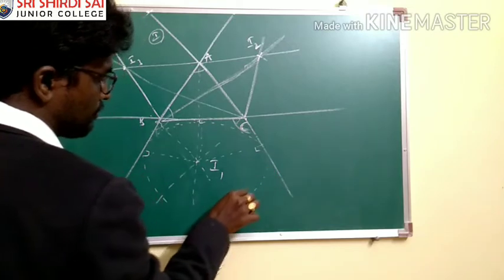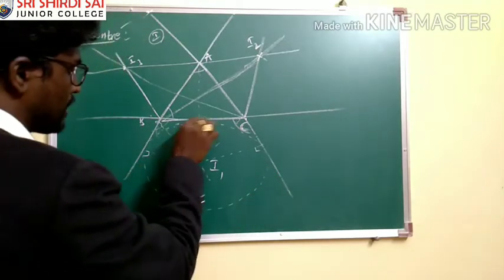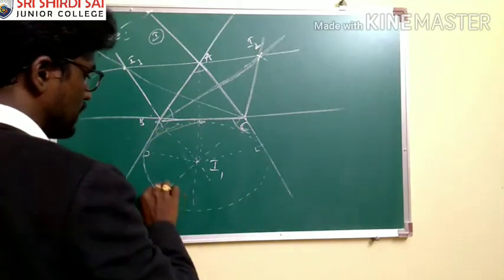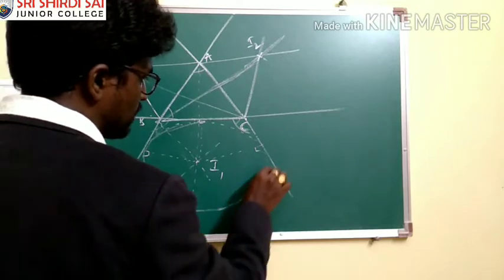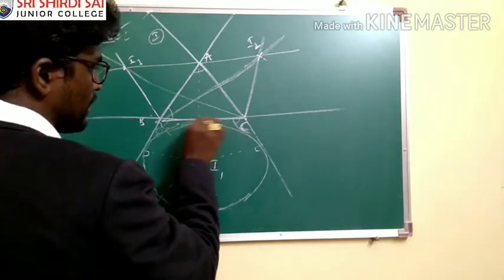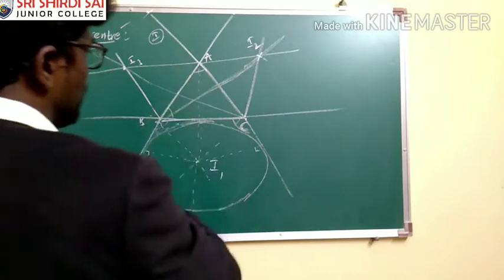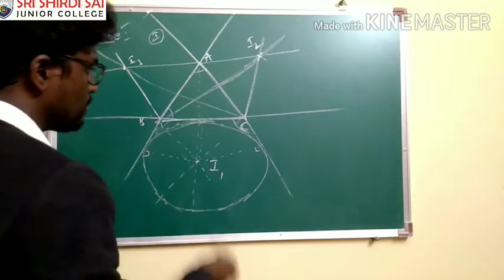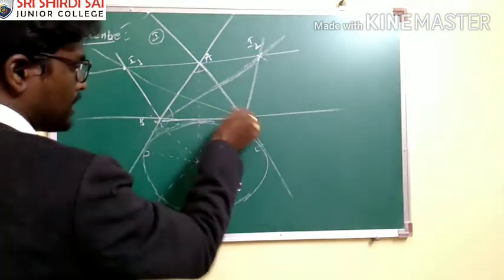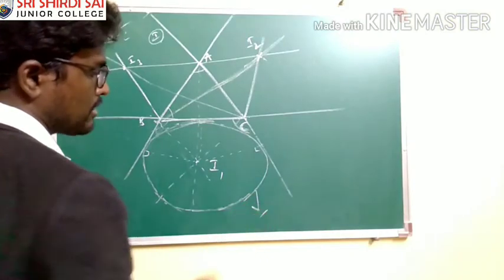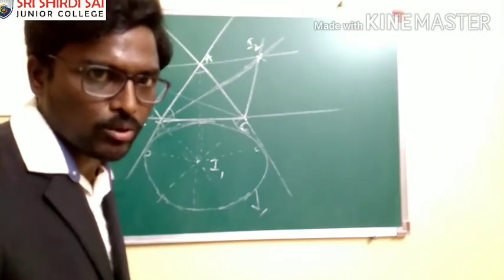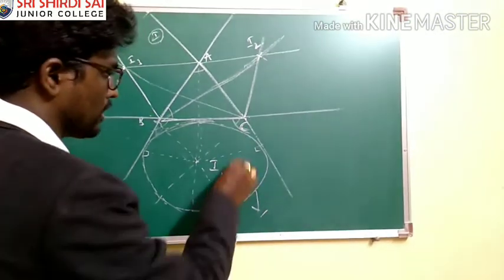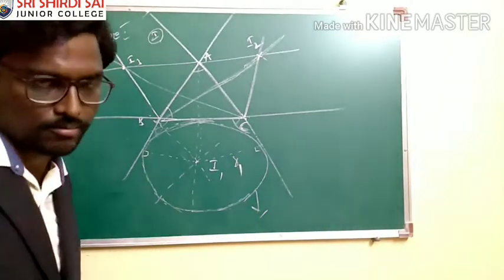The circle touches the extended sides of the line segments AB and AC, and it also touches the side BC. Such a circle is called excircle 1, and the radius we denote by R1.